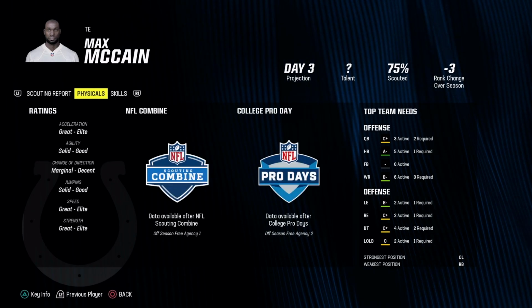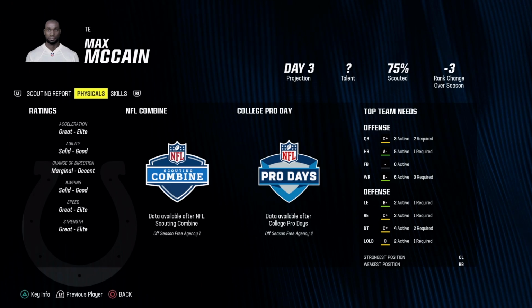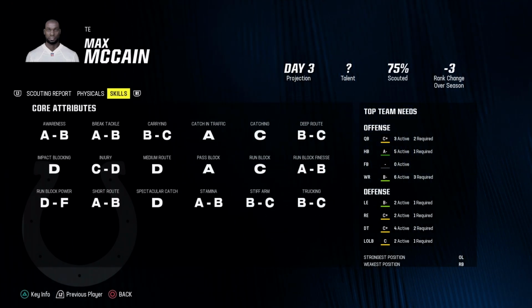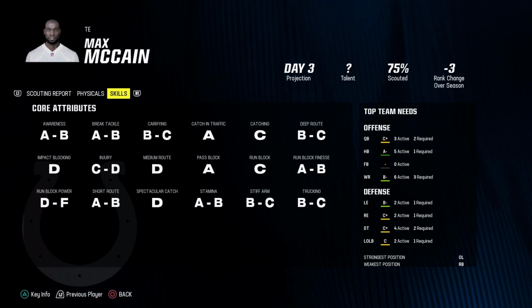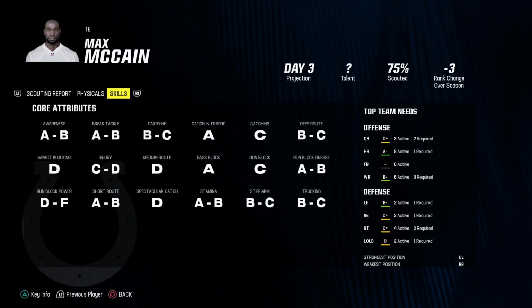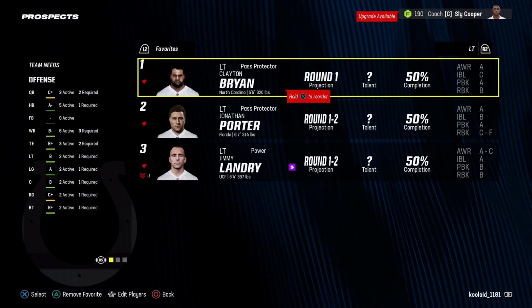And then Max McCain here on a day 3 option, just in case we have to wait this long. Great to elite speed yet again, so we're going to see what the NFL Combine and Pro Day say about these guys' 40s. A in catching in traffic, A in pass blocking. His run blocking is something to be watched for. His overall catching, not just catching in traffic, is pretty low, and the route running is pretty low. But as a day 3 option, he gives me something so I don't have to push tight end early